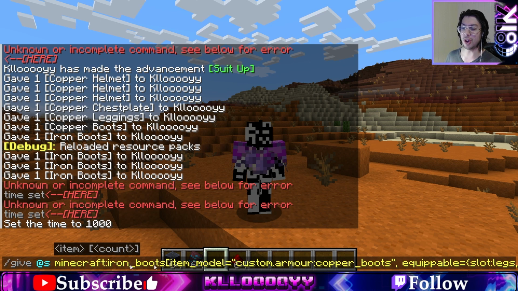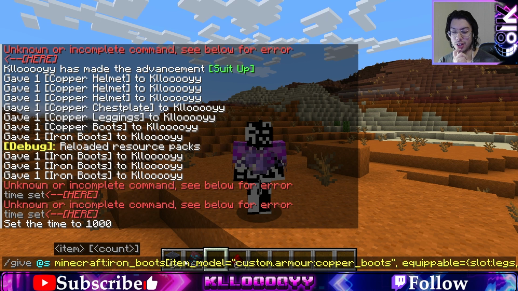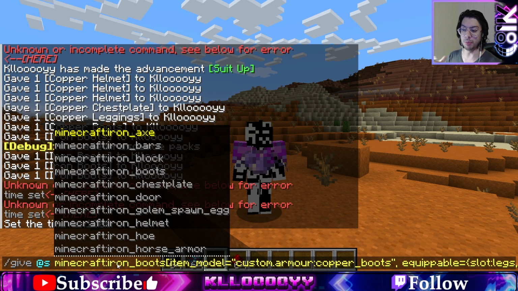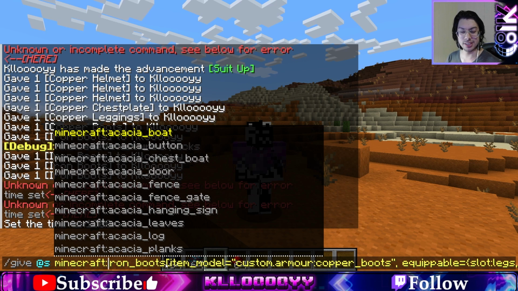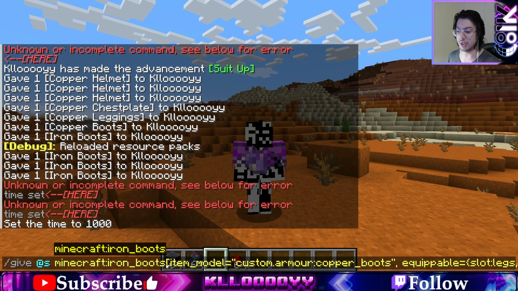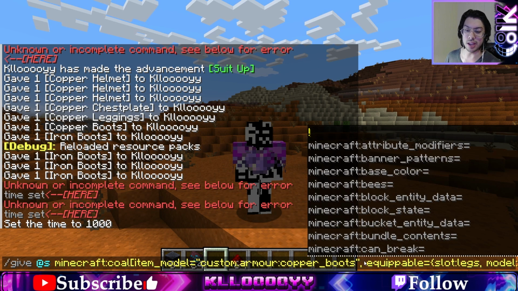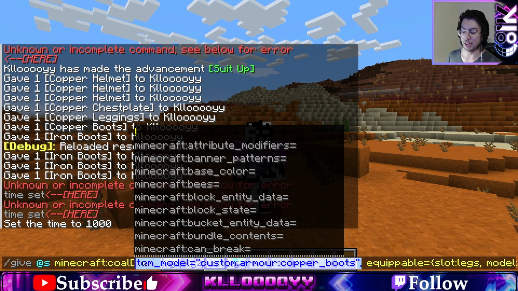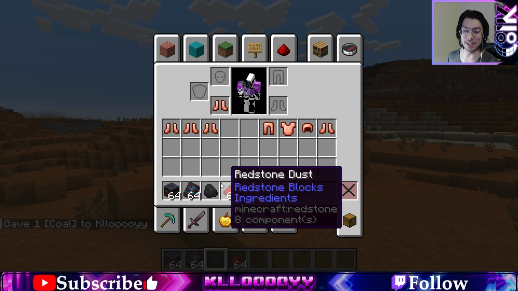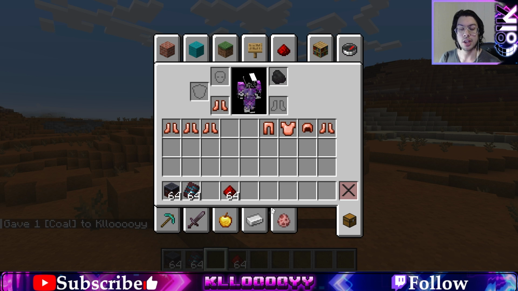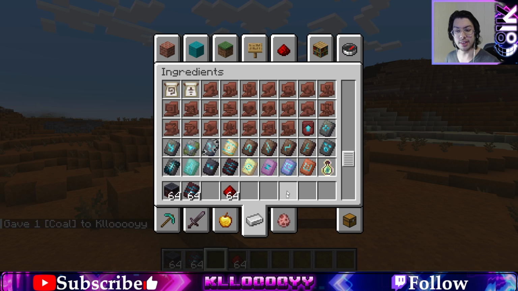But the more complex thing, weirdly enough, is the item model and setting an actual icon. So you can still use custom model data if you're working with a ton of items under the same thing. But basically, we're using iron boots as a starting item, and you can, right? You don't have to use item boots. We could use, say, for instance, coal, and we could get rid of the item model, right? So it will literally be coal, but it is now equipable in whichever slot, legs. There we go, right? So you can use any item as a starting point,